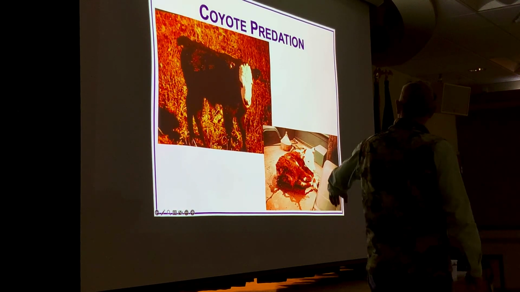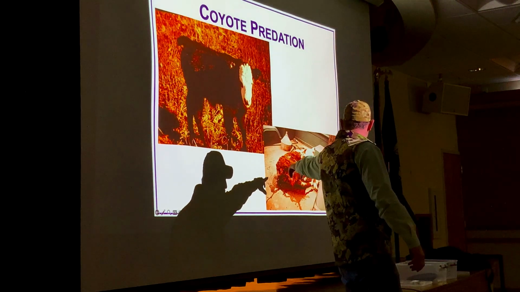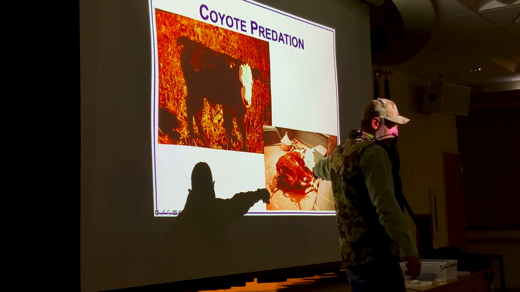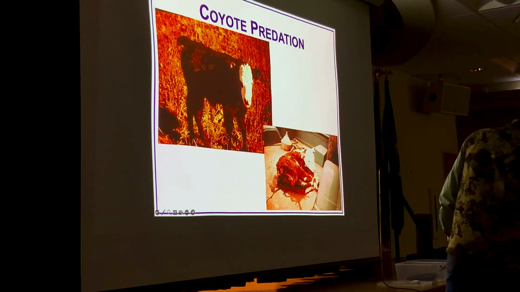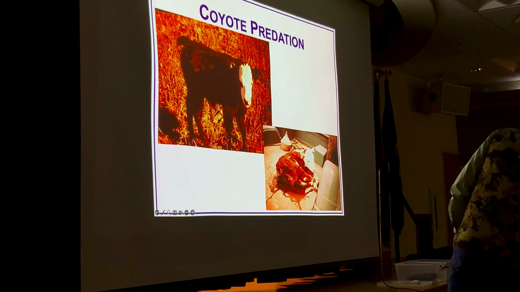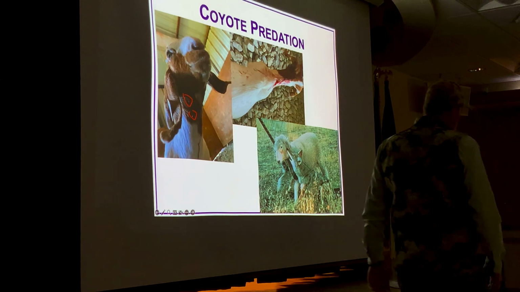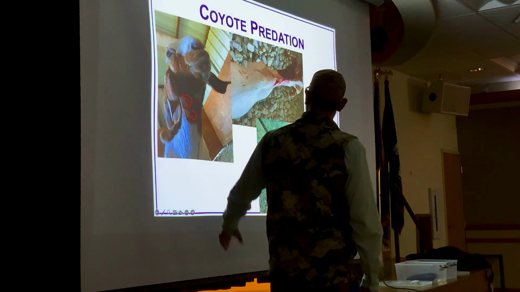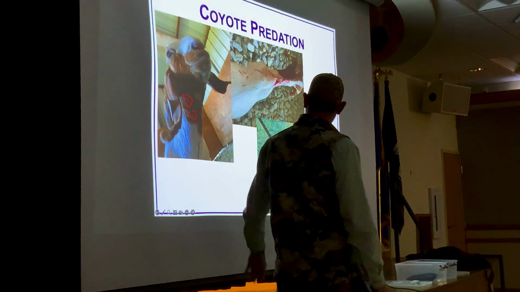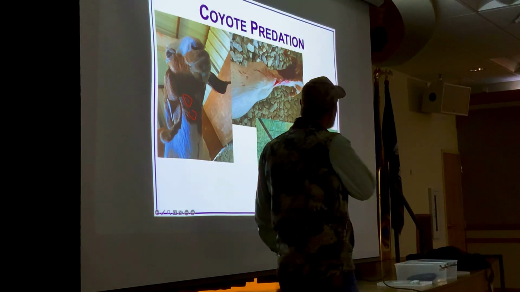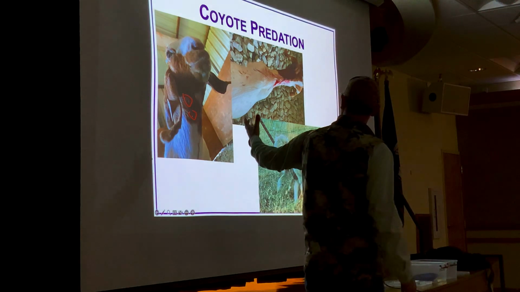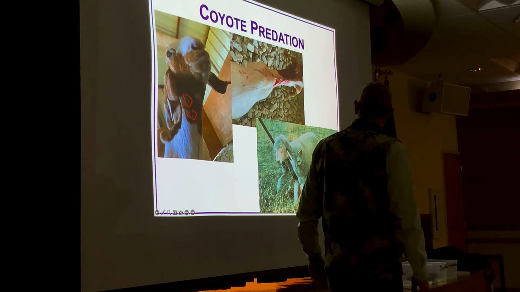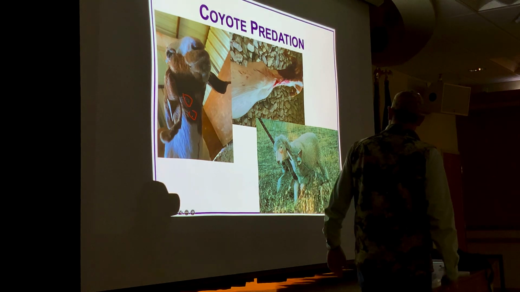The difference between this and a dog is a fair bit of flesh has been consumed from this animal, whereas it was mostly just mutilation on the dogs. And of course, on smaller ruminants, this is one I was working with the goat producer, but it shows those 2 canine punctures. There's 2 on the other side. That's where they like to grab them. This was a quite big doe, and that's why they weren't able to get her killed. She ended up dying anyway.